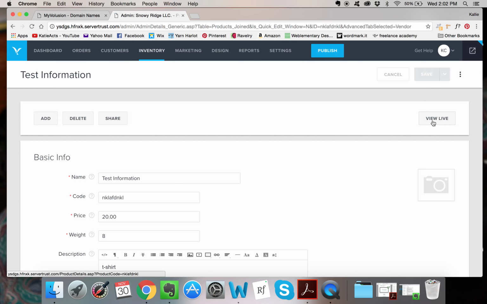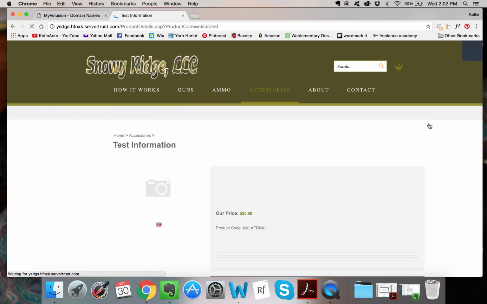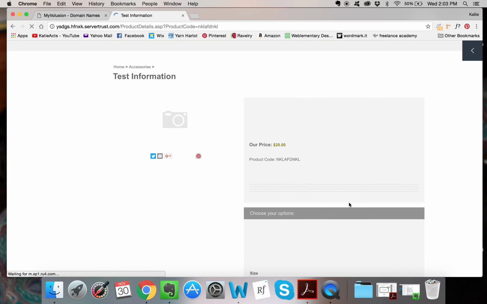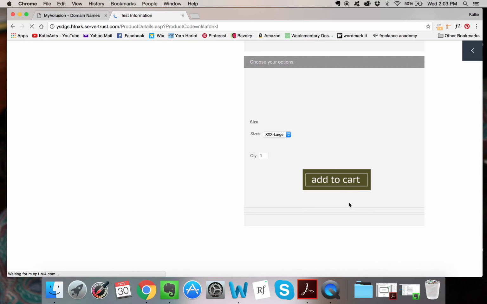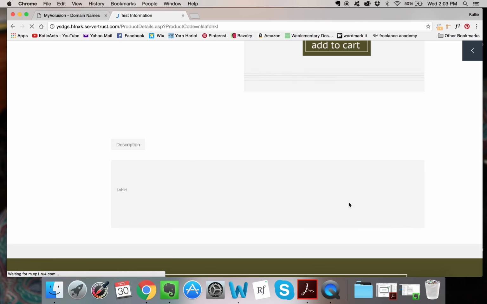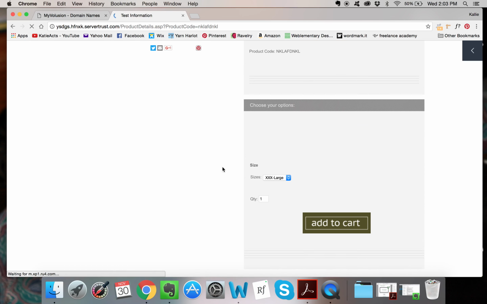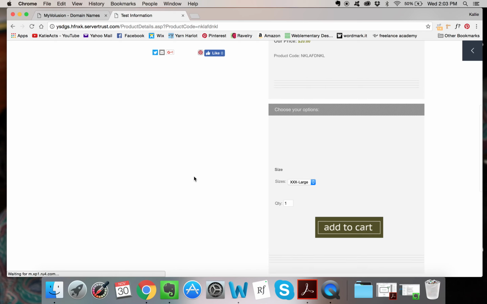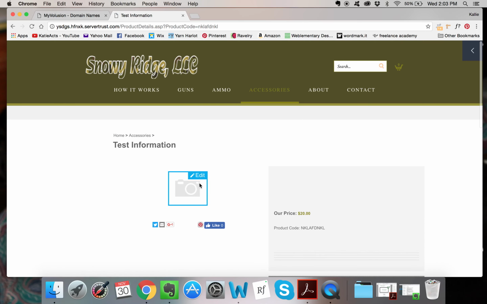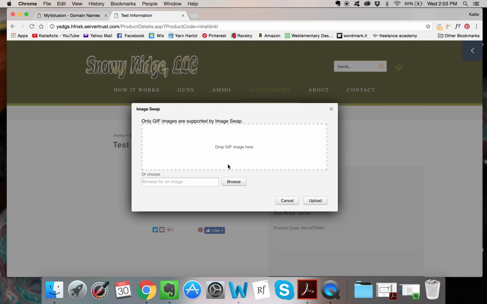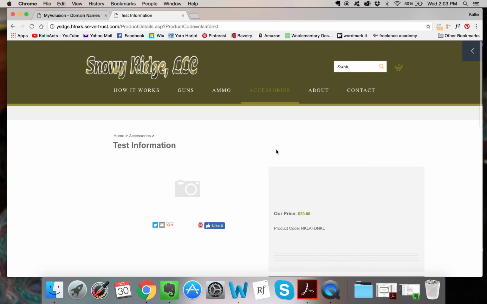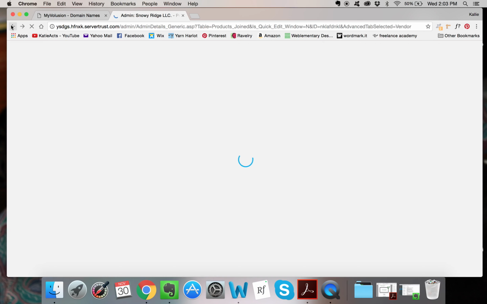And you can view the product. It should have uploaded my picture. And see, this is where it puts our description down below. I should have put more in than just t-shirt. Here's our sizes. Product information. I'm not sure about why this t-shirt didn't load. It might have been the file format. Okay, so let's go back